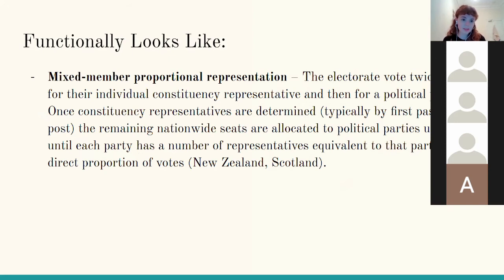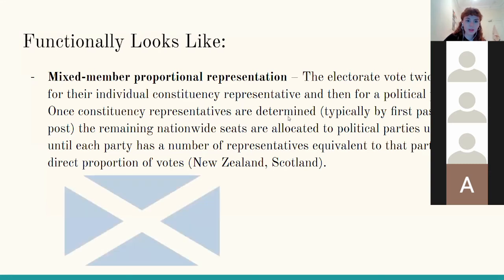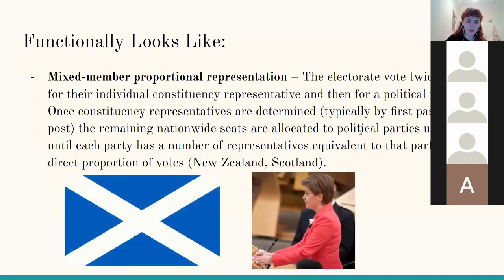A good example of this is Scotland. You might have seen there were some by-elections a few months ago, and people talked about list seats and constituency seats. The list seats are the ones where people just voted for the party, and the constituencies obviously are the ones that are geographically linked. So the Scottish Greens only get list seats, because they will only ever get list seats, because they have a broad support base that's not geographically tied to any one particular place.